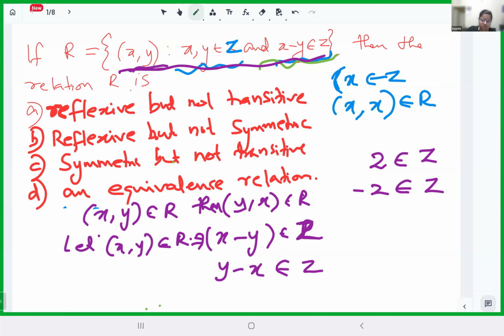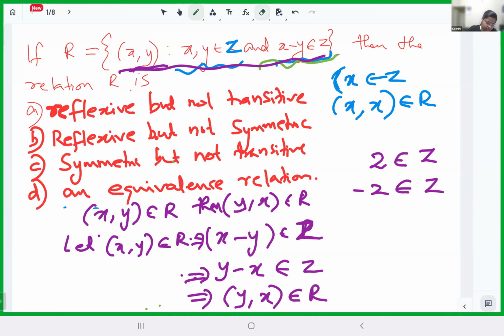Similarly, here you can see that if X minus Y belongs to Z, then Y minus X also belongs to Z. It is also an integer. So from this you will get the ordered pair (Y, X) belongs to R. All right. Now